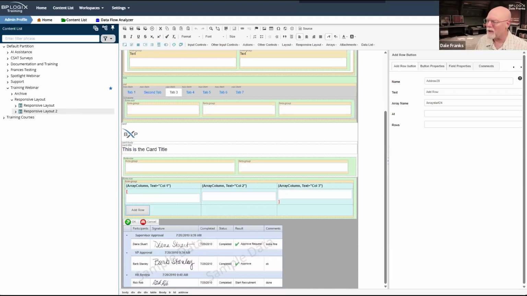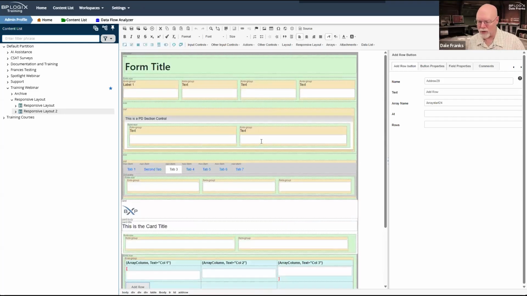It's not really relevant to the topic. I apologize, but I can't really get into the specifics of arrays and how to configure arrays. That's not really the point of this webinar. I really would prefer to keep the focus on using the Bootstrap controls themselves.